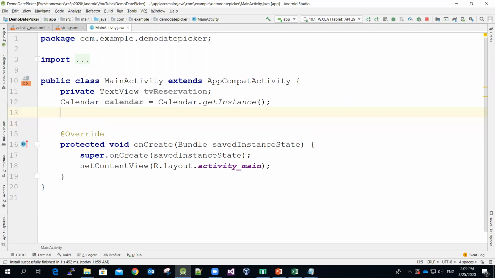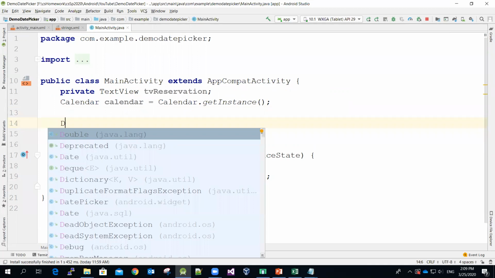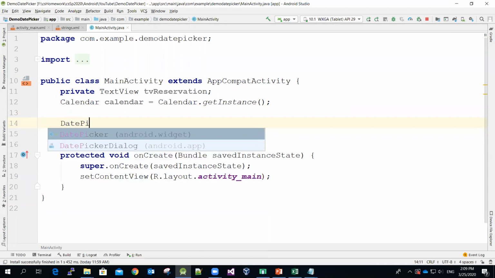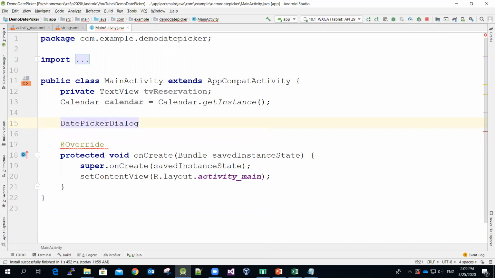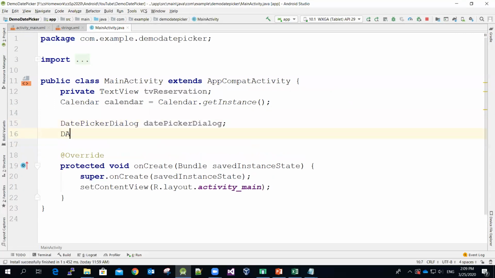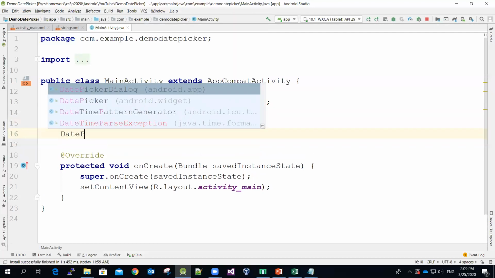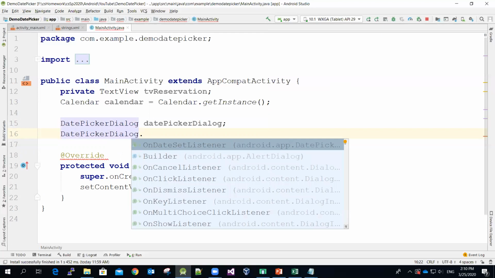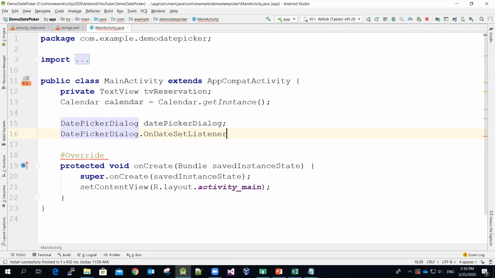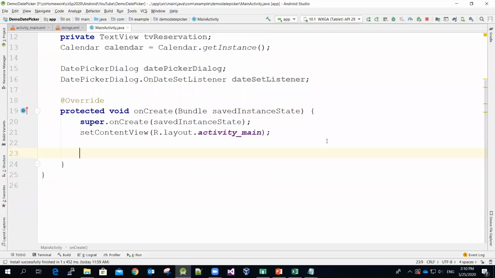Later on I also need to create an instance of the DatePickerDialog box, so let me declare a variable like this. And also I need an instance of the DatePickerDialog dot OnDateSetListener. So let me declare the reference variable first. Then, in the onCreate function,